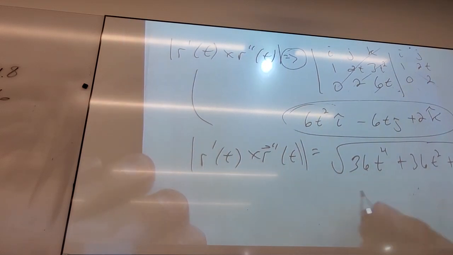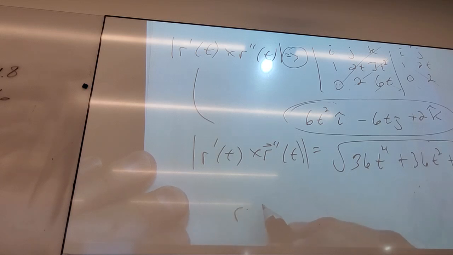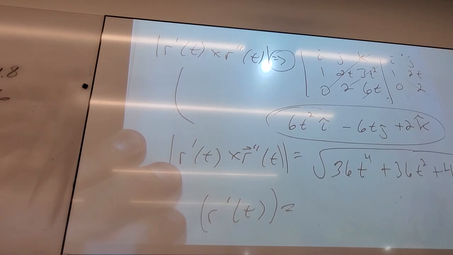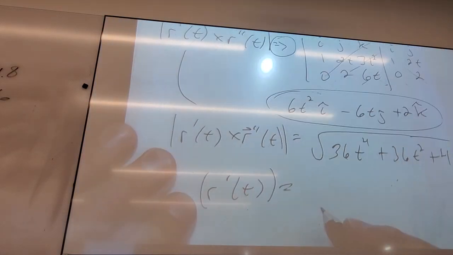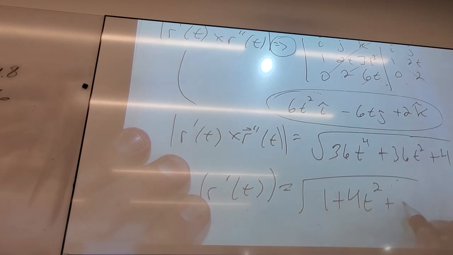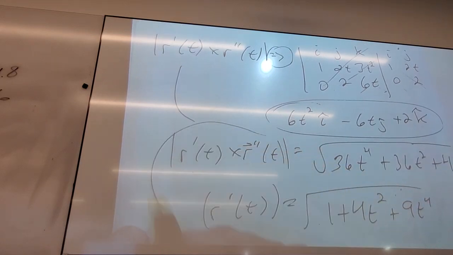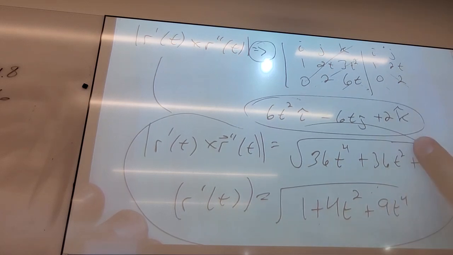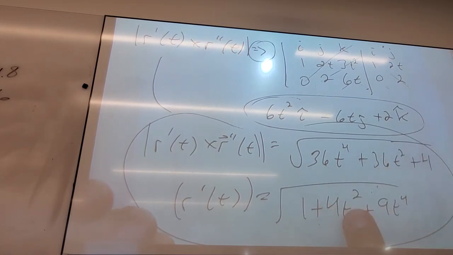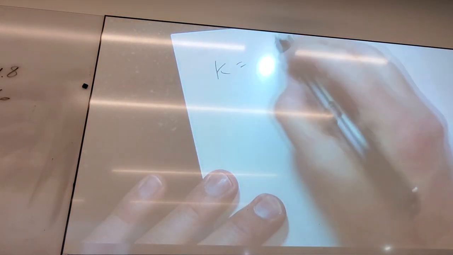One last thing I've got to do. I've got to figure out the length of r prime. And I already have that here, yes? And so the curvature is this divided by this cubed. This divided by this cubed. So the curvature will be